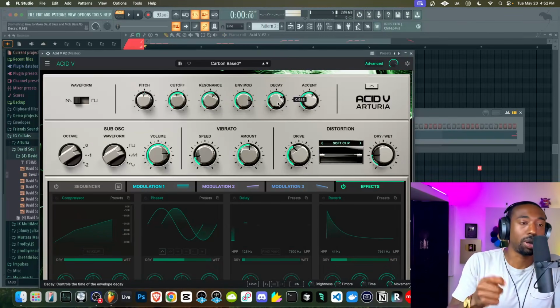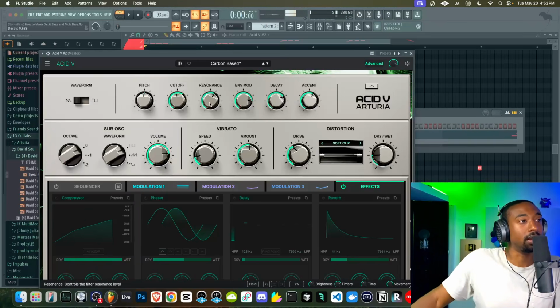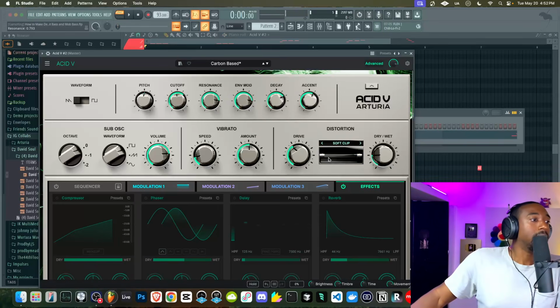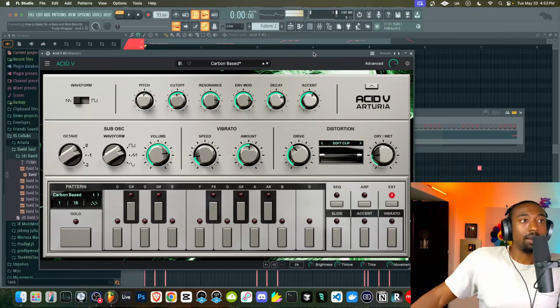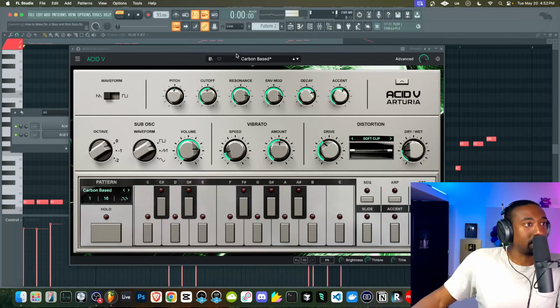So instead of going, it's going to go wow, wow. It's going to take a longer time to fade. And then this is also a good time to increase the resonance, because when you have a longer time for the sound to like animate, you can really take advantage of the resonance. Let's lower the cutoff here.